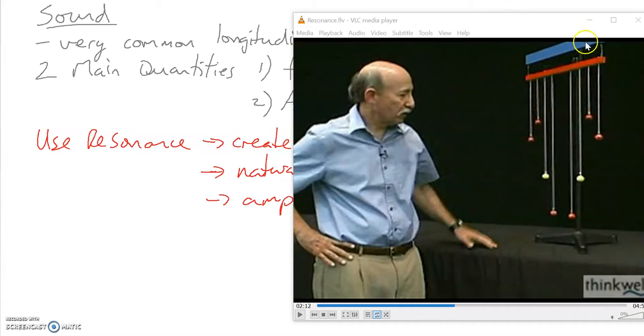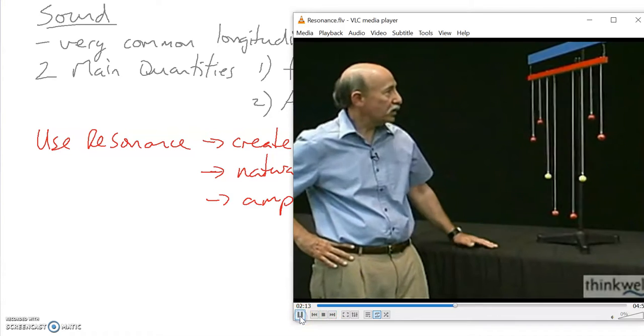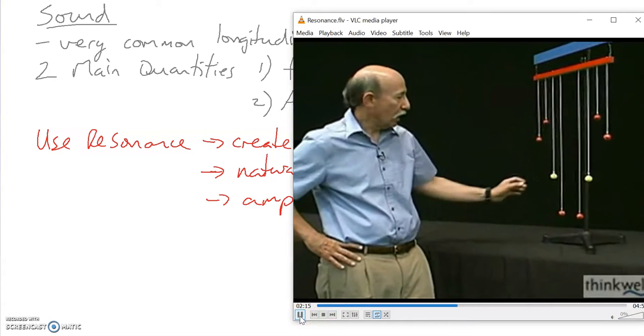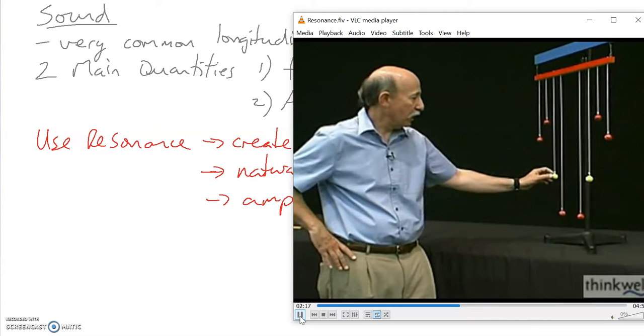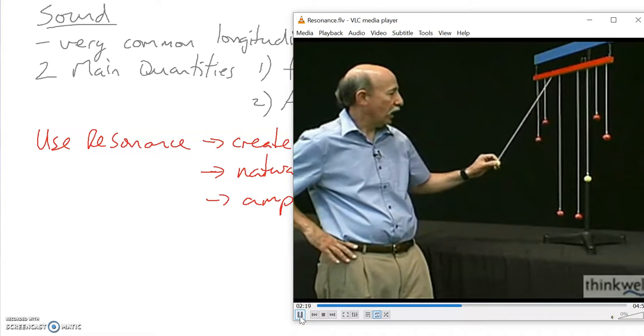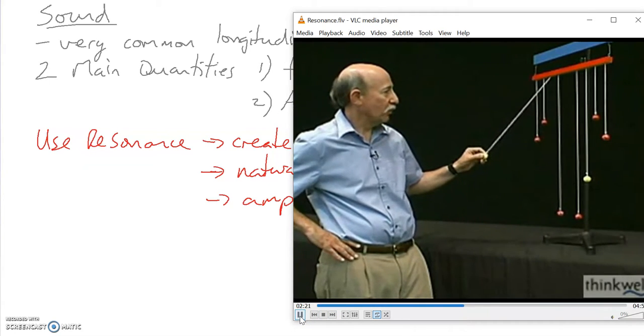Basically, it's a little swinging piece of wood with 8 different spheres attached to it, but they all pair up. And what he does is he takes it and he's going to pull back one of the spheres, which is going to cause the entire thing to shake. So he pulls back that yellow sphere, and when he pulls back the yellow sphere and gets it to swing,